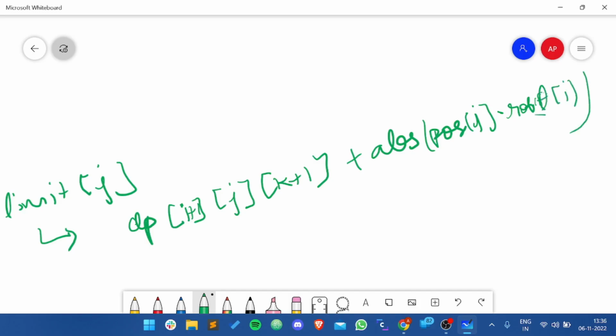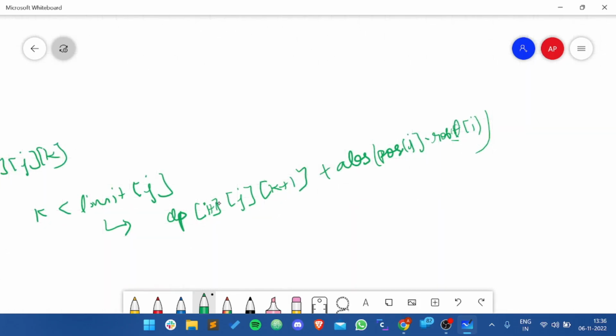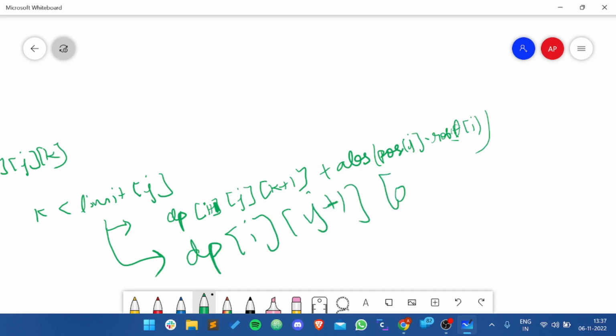So I have two cases. The next robot will be the k+1th one fixed on the jth factory, and the current one is also fixed on this factory. The next case will be DP[i+1][j+1][0], where the current one is fixed at j+1 and this is the 0th one, because we have not fixed any robot on the j+1 factory.